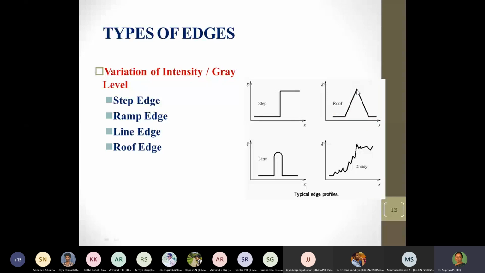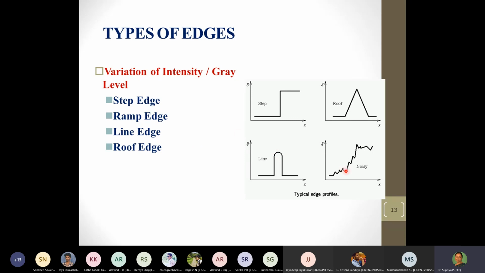I think in our intensity profile discussion in yesterday's class, we have already considered the edges, though we had not specifically mentioned them as edges. And this would be a line edge, which is not necessarily a straight line. It could be a small curve because between two small points, that curve would be so minimal that we can easily approximate it to a straight line.